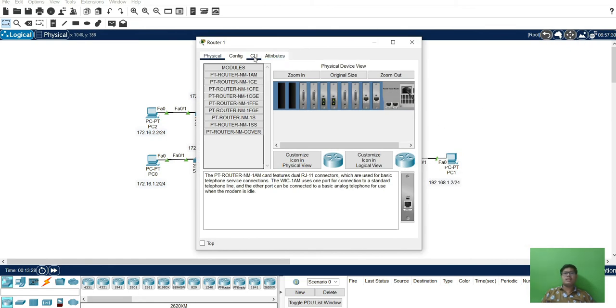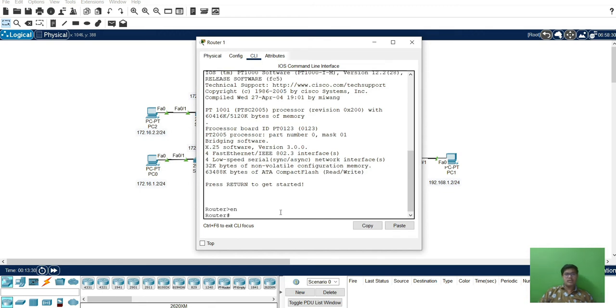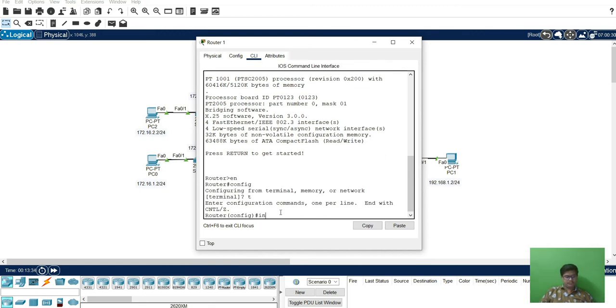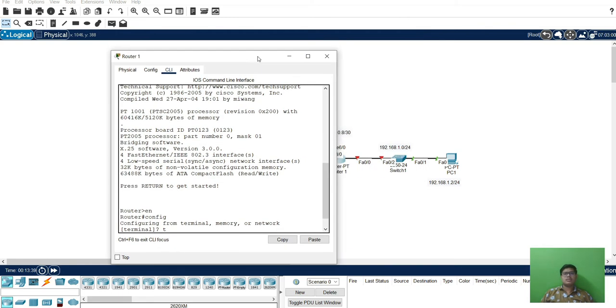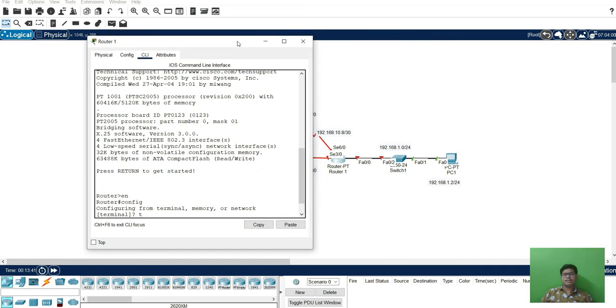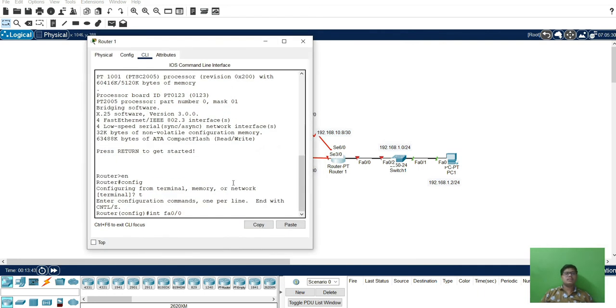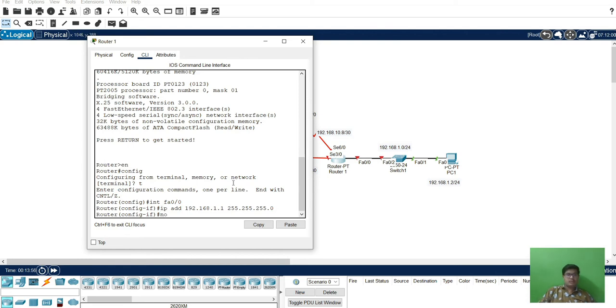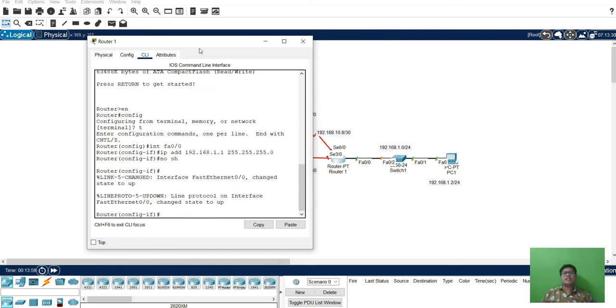Next, we will move to router 3. Enable, config terminal, FastEthernet 0/0, IP address 192.168.1.1, 255.255.255.0, no shutdown. So this port is turned up here.